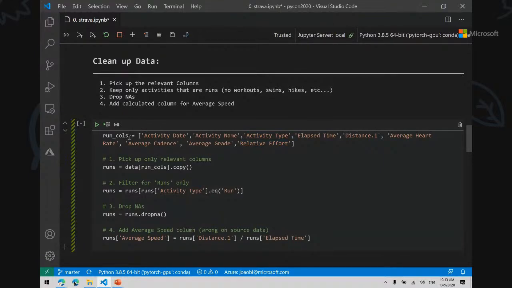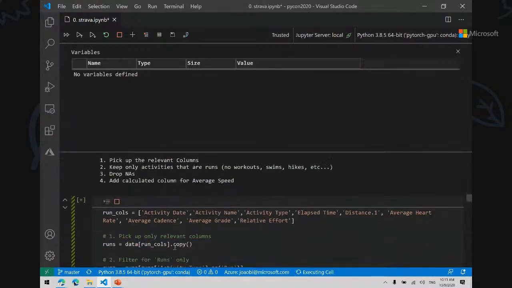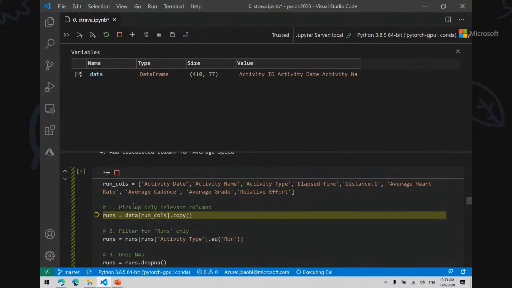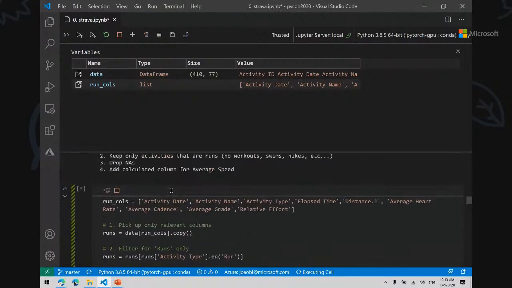Now, I'm also going to use this to show something different, which is a debugging experience, which is the run by line. Okay, with run by line, you'll see that I can literally jump through within the cell. I can start running one by one each one of these steps. Now I'm picking only the run activities.